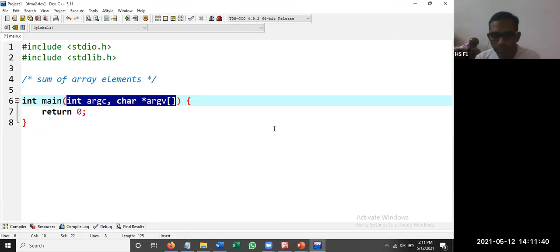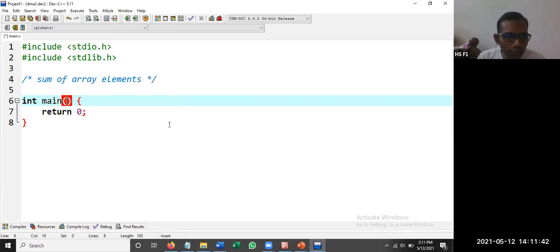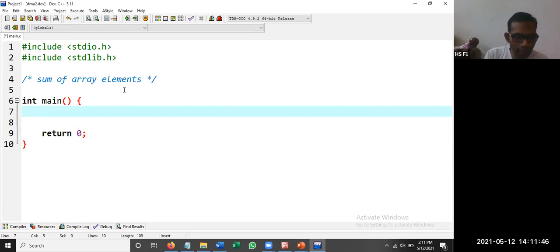So now let us concentrate on this program. Help me out if you recollect the code. Sum of array elements. So let us write integer n of, say, maximum 100. Then we need something called size. Then I need i.